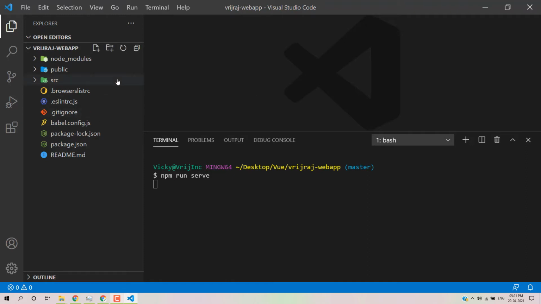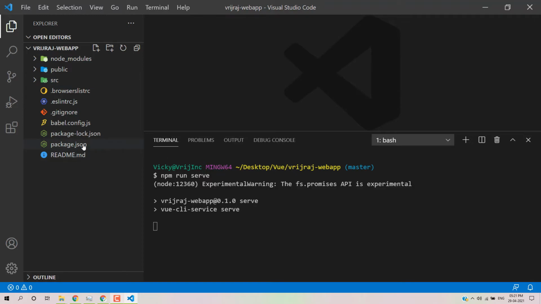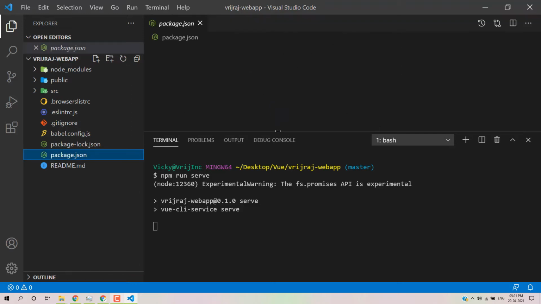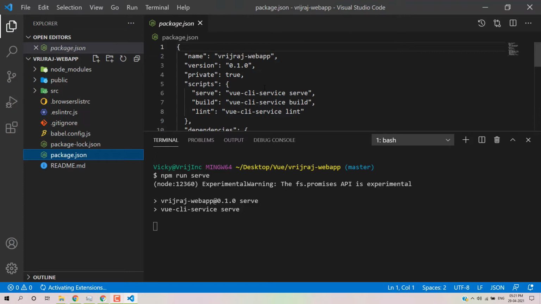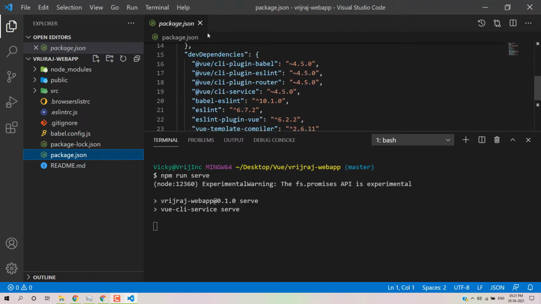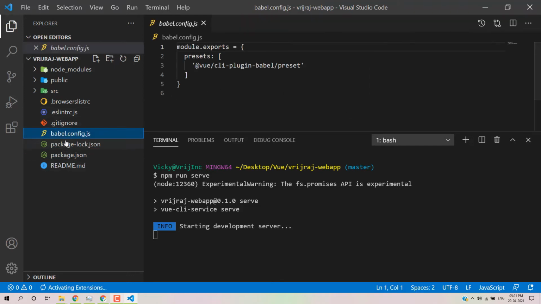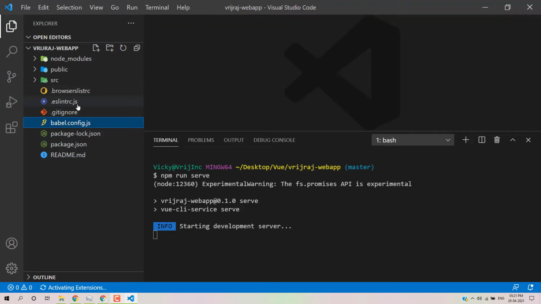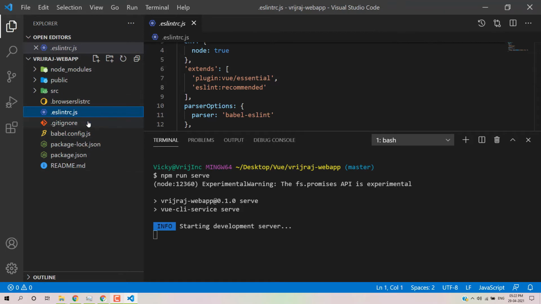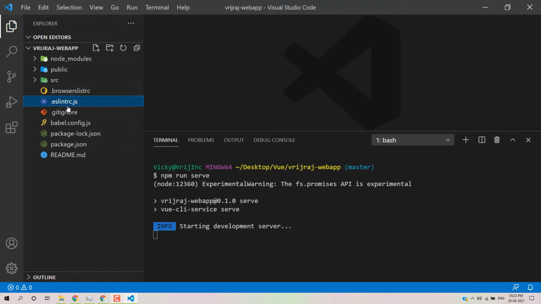As I mentioned, this one is the readme file, which we will use for GitHub. Second, we have the package.json file, where we can mention the dependencies. Here we have dependencies and devDependencies, which we discussed in the previous video. Then we have a separate file for Babel, and an ESLint configuration file. As I mentioned, we created a separate configuration for ESLint, so that's why it's written.